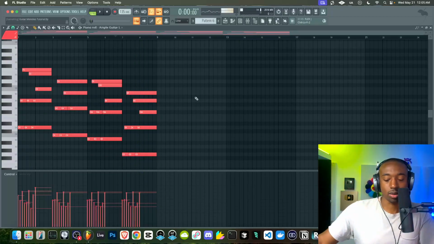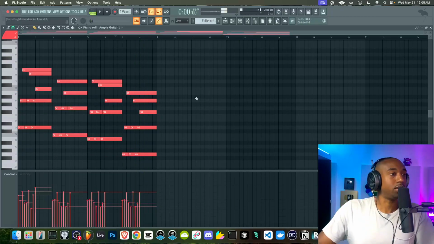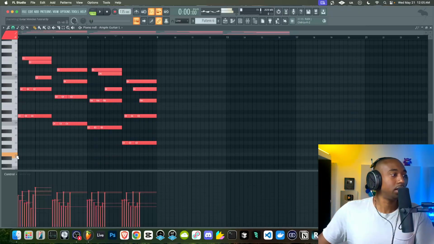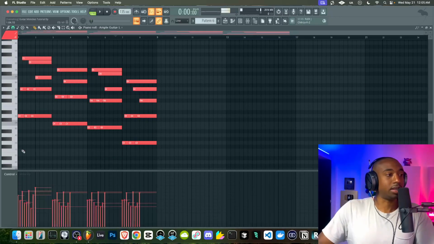Another technique I like to use is moving the keys up and down. So this is a really cool technique. Usually I go up 3 keys or down 3 keys. Now because this guitar, the lowest note we could hit is this E. So we can only go 1, 2. We could literally go down 3 notes and that's it. 1, 2, 3.